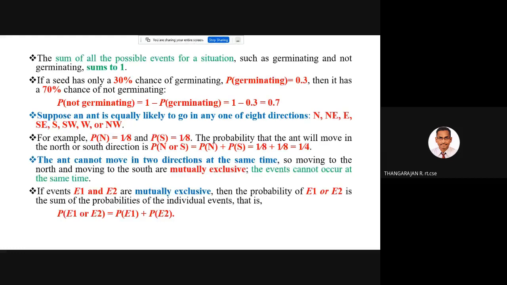And the next thing is, suppose you have a set of events in a particular domain. If you take tossing a coin, what are the 2 events? When a coin is tossed, you may get a head and you may get a tail. Only 2 things are possible. There is no other thing which is possible. So when you're tossing a coin, the universe is just 2 things: one is head, another one is tail. 2 events only.